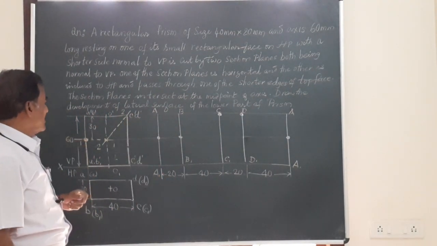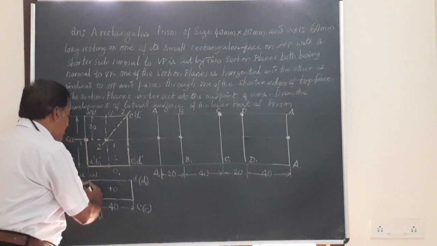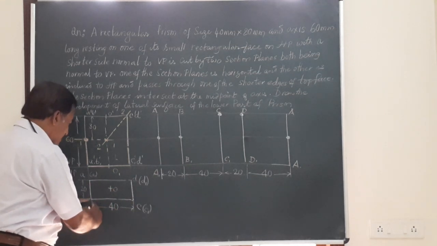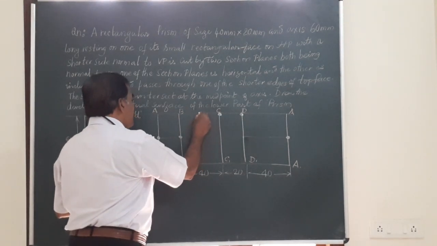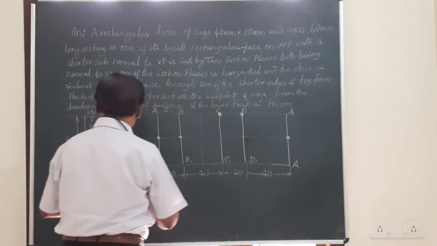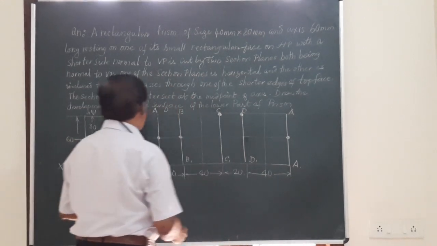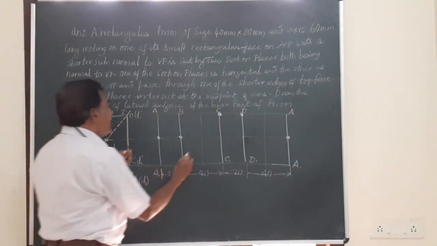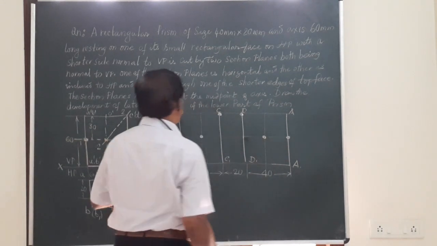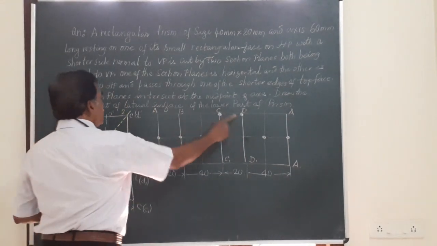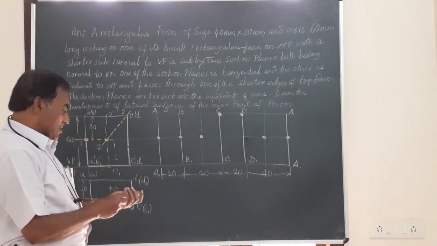And one more thing, friends, is these two section planes are intersecting at the midpoint of this width. This width is BC and AD. So exactly in the center of BC, I mark a thin line. And similarly, exactly between A and D, that is AD, I mark another thin line. And here, these two are intersecting here. This becomes one of the points. This is the other point. So friends, we have totally 1, 2, 3, 4, 5 and 6 points. Let me number them and complete the projection.